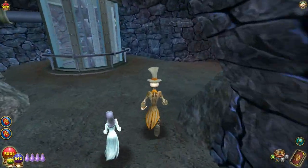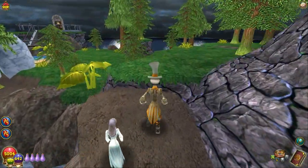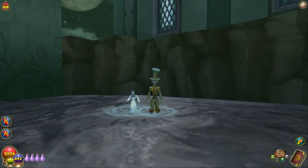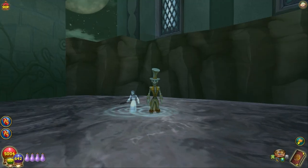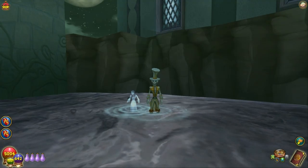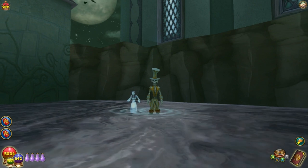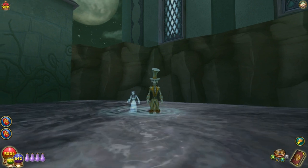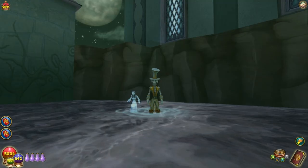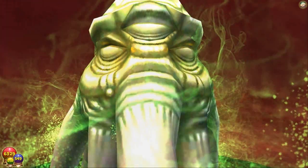Anyway, let me go ahead now and move it on up to the number 2 most favorite spell to pet choice in this. Now, I don't know why. Maybe it's the dim and dark nature of this spell that made me think of this as a great location to film it in. It doesn't really have anything to do with water, but it does have to do with creepiness and things that have way too many arms or legs, and at least more than they should have. And it's generally just kind of dingy and scary looking. The number 2 most favorite spell to pet choice in the Spiral is...